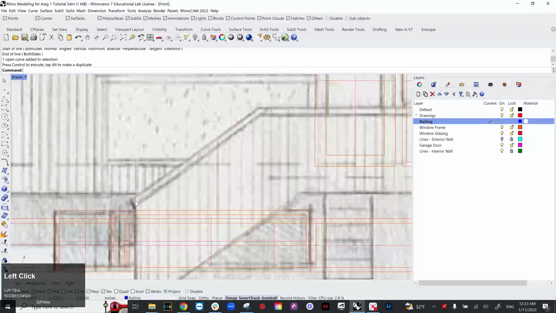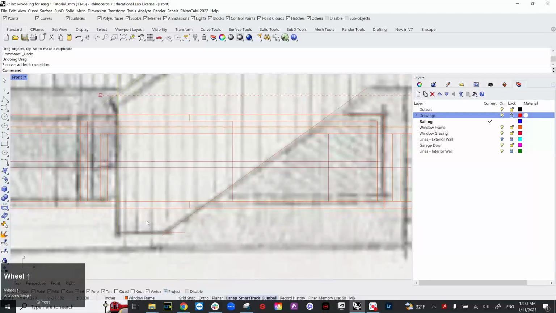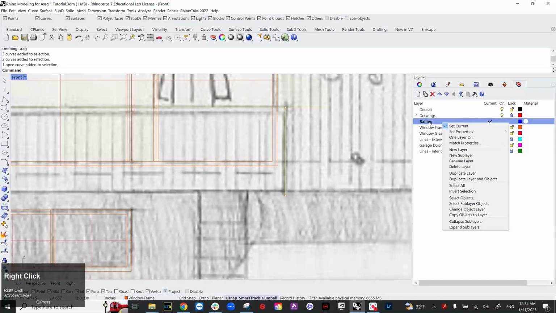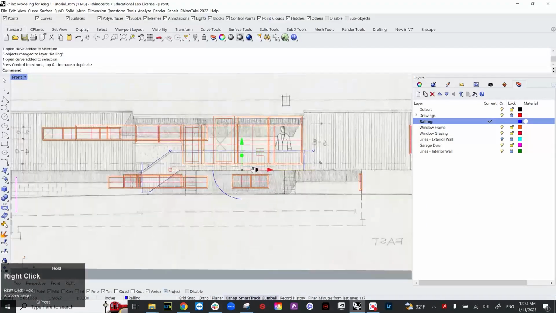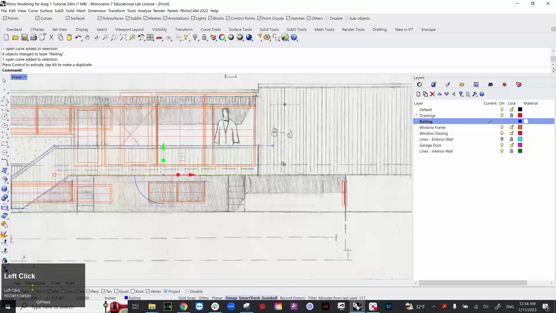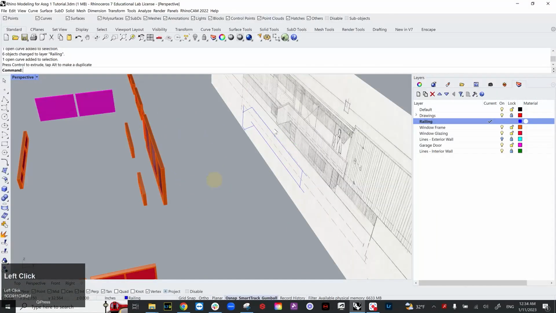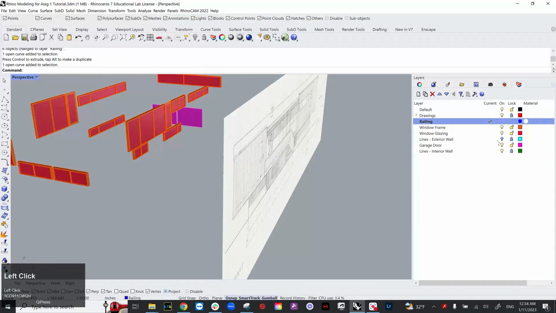I should be drawing in the railing layer. So I'm going to move all this into this layer over here, change object layers. I'm going to duplicate this here as well. It's important that this bottom line that I just created lines up with the bottom of the facade. So I'm going to bring that back